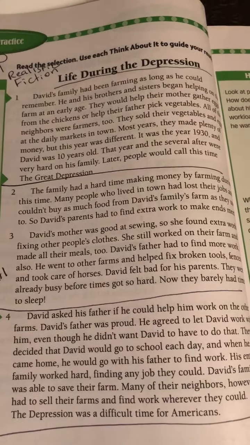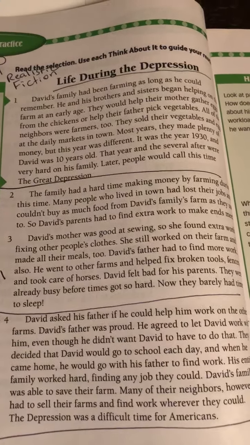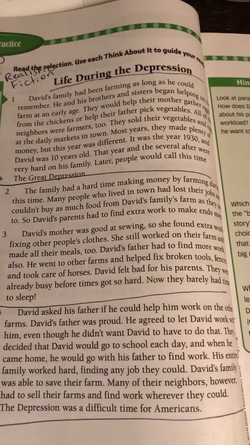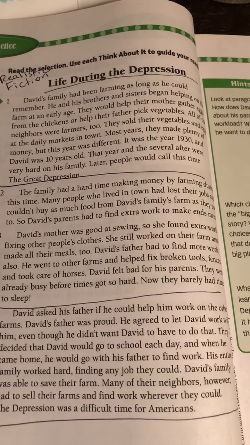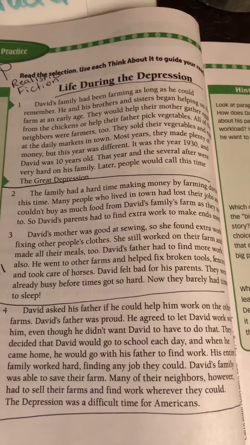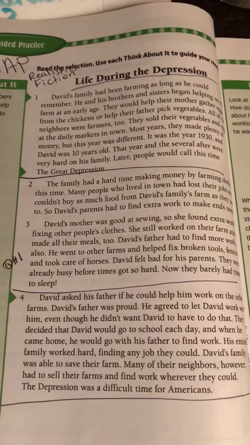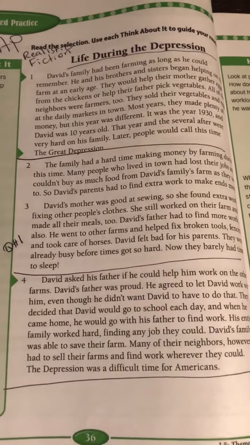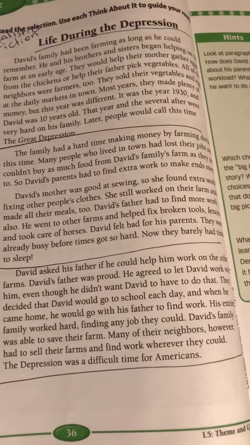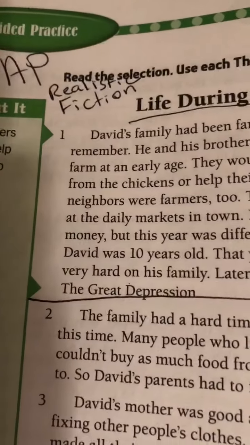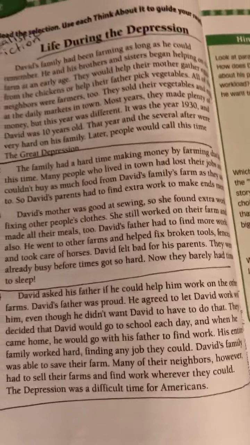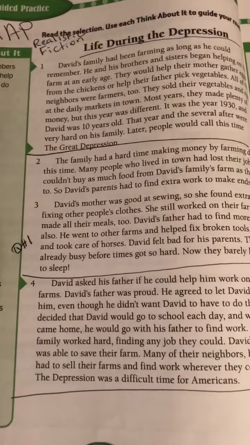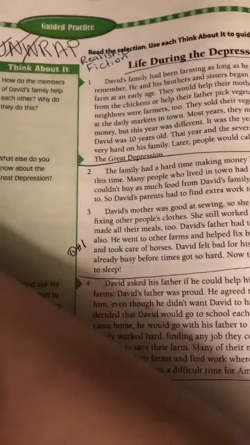I also see that the title talks about the Depression, the Great Depression, which is something that really did happen in the 1930s. So I know that if it has characters, if it's telling me a story, but it's also based on real life events, then it would make it a realistic fiction. Okay, so this passage is realistic fiction. Okay, all right,